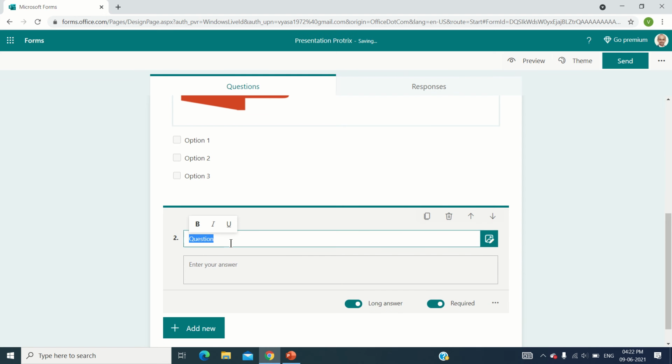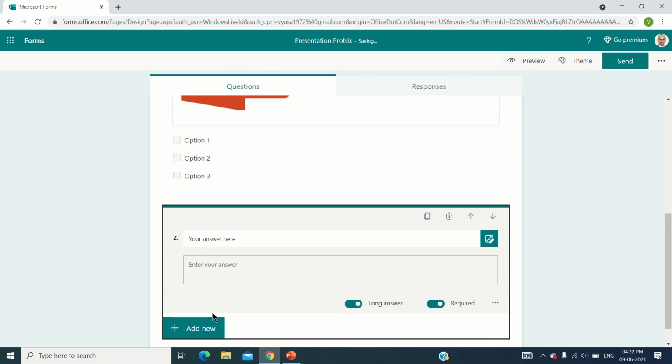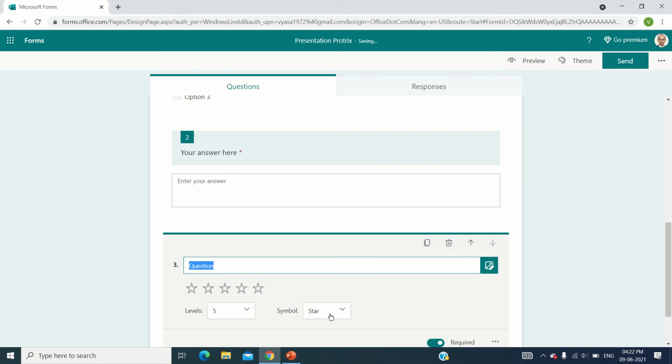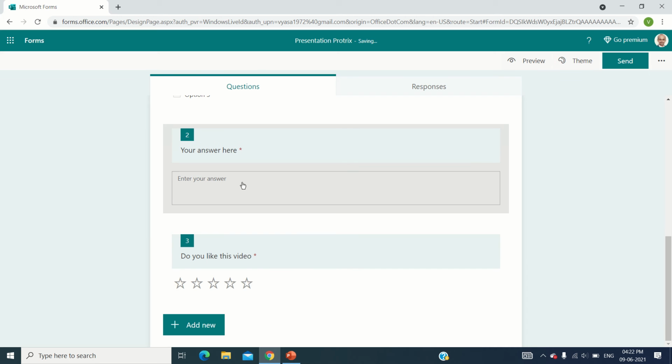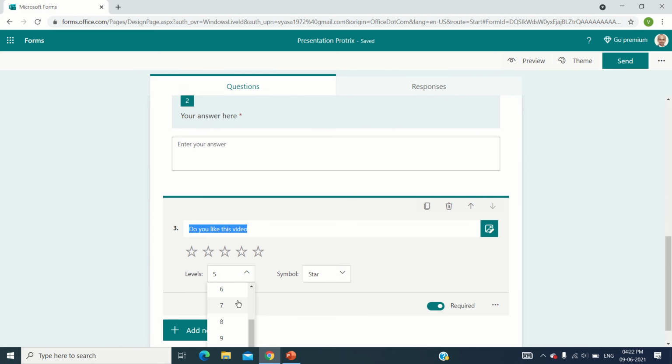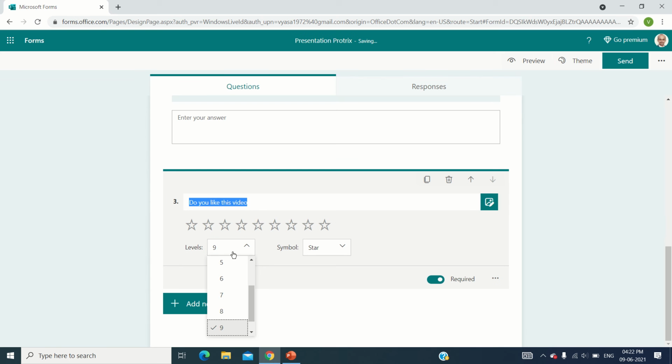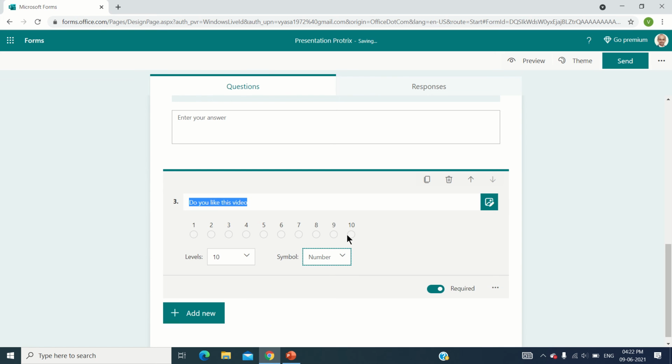You can select that and edit your text. You can even select rating. Now I selected the required field. Level can be as much as you want, up to 10. And in symbols,